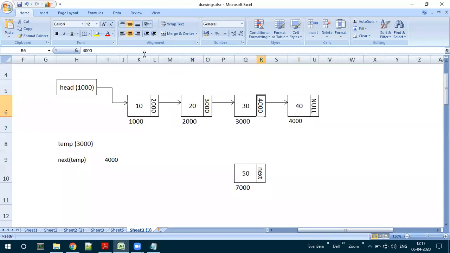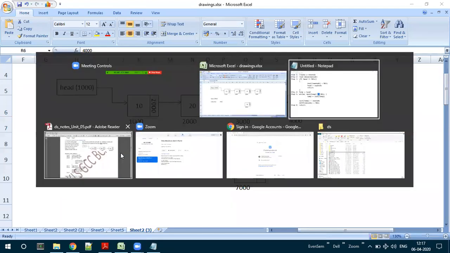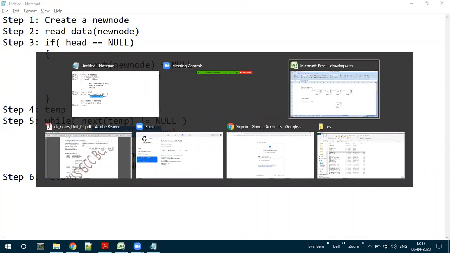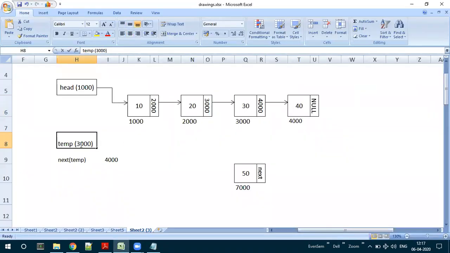Condition true or false? True, the condition is true. When condition is true, what next statement we will do? Temp is equal to next of temp. So temp is going to get a new value. That new value is now 4000. Now temp will become 4000.